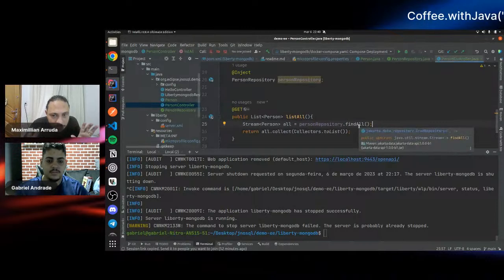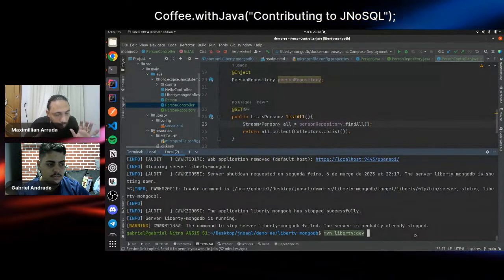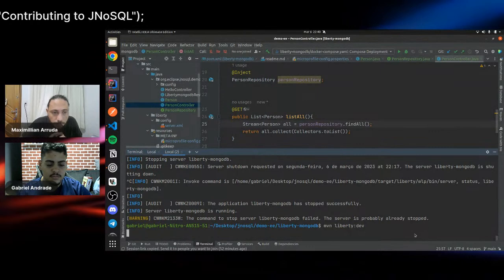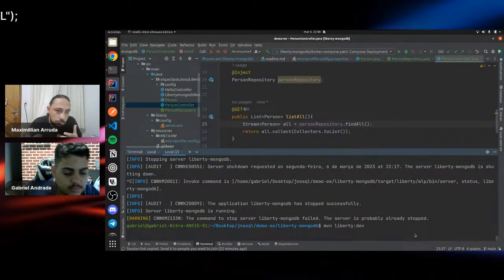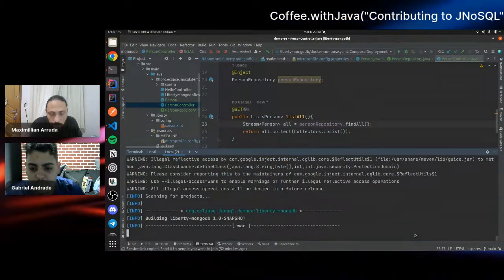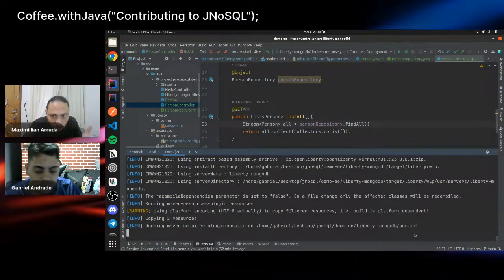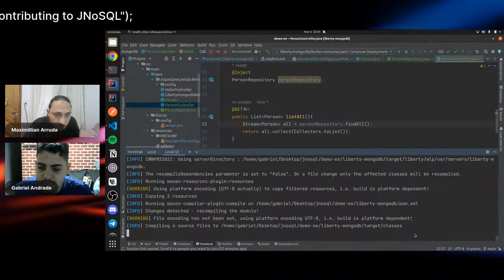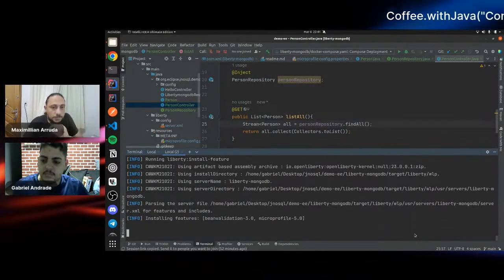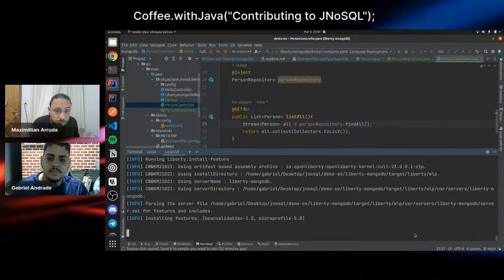Let's start up the application just to see if everything is working. Behind the scenes, we will end up with an empty array in our response, because there is no person in our database. So let's build everything, and let's go to the web application, the Open API UI, and see if our method shows up there, because it is expected to.